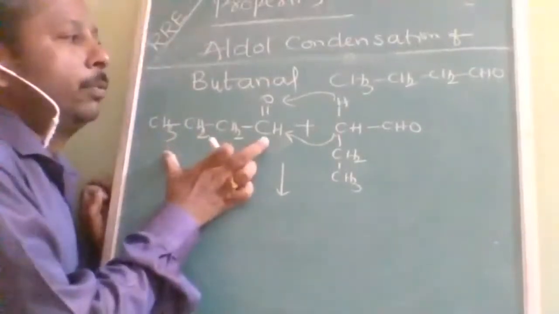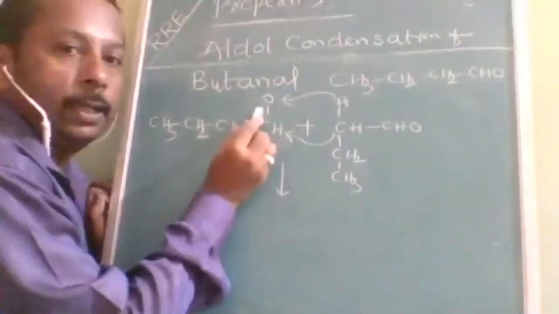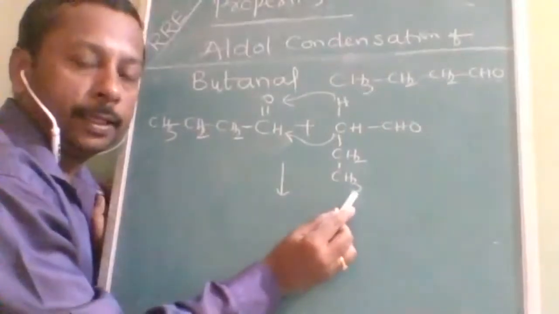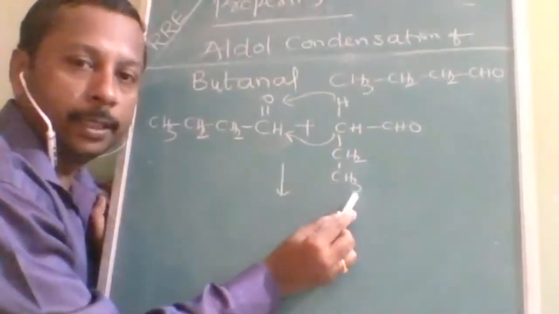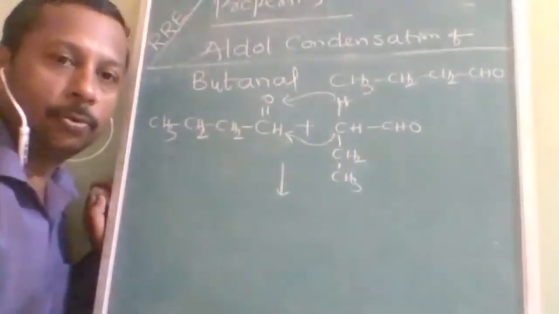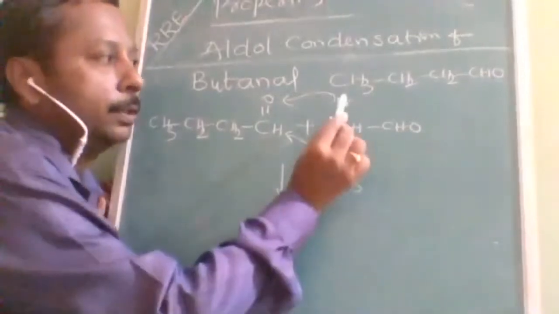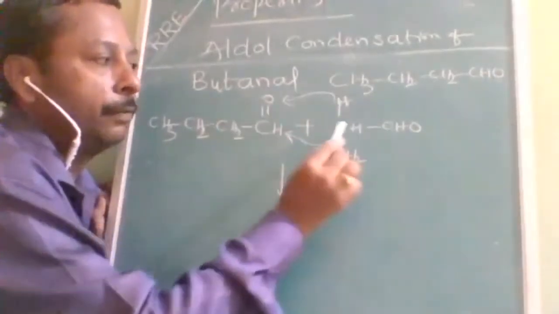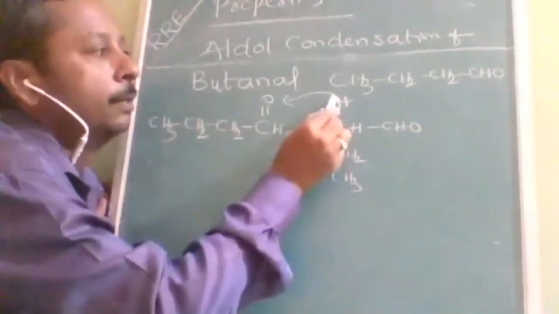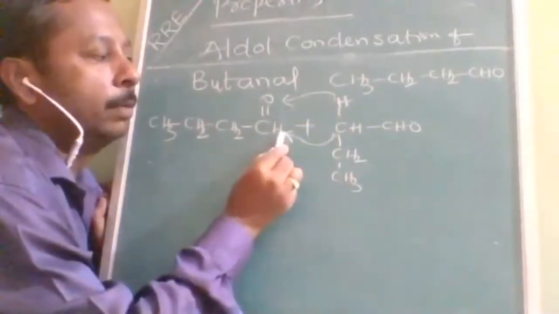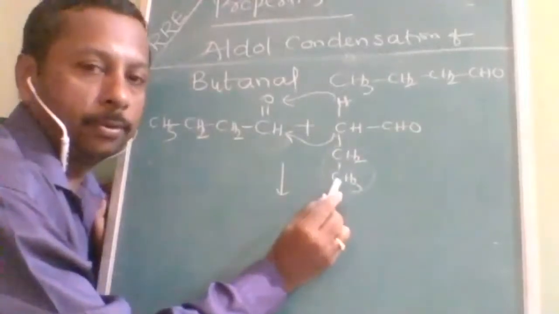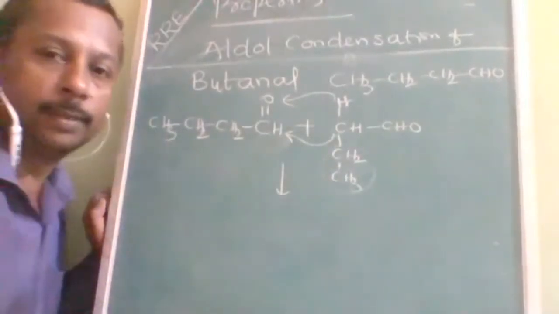So 1 mole of the butanal I have written with the carbonyl group highlighted. And in another, people make the mistake of taking this as the alpha hydrogen. Being my student, I don't want you to commit this mistake. So this H should be attached. This alpha carbon is this one. Don't make such silly mistakes. So this alpha carbon hydrogen, and this alpha carbon will be attached here. Never attach the last one. Many students lose marks just because of this bad habit.